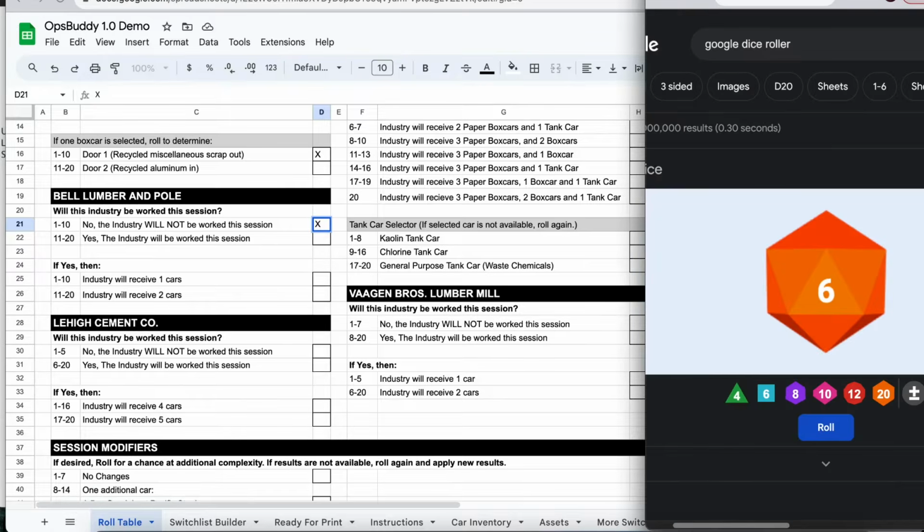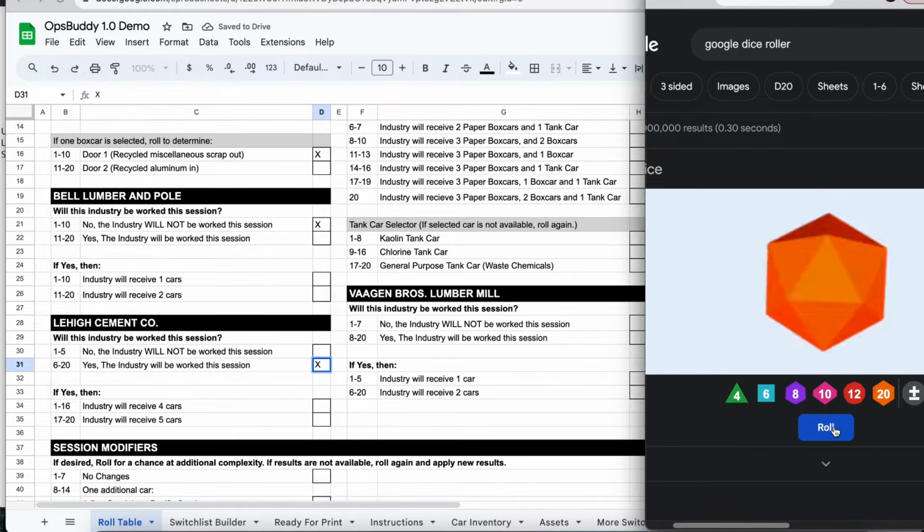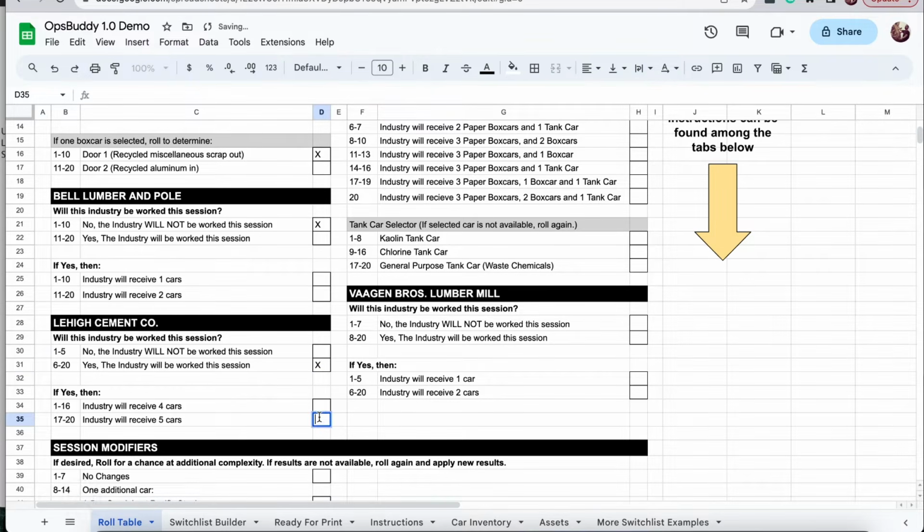Lehigh Cement. Let's see what we're going to get with Lehigh Cement. Let's roll here. 10. We are going to work this industry this session. All right. And let's see how many cars this industry is going to get. 20. Oh my gosh, we're going to get 5 cars this session. All right, next